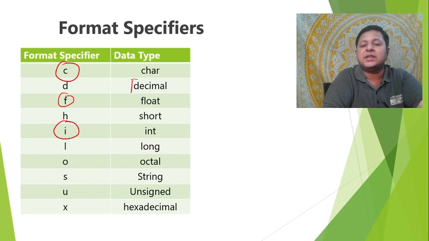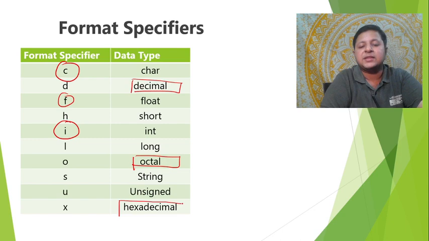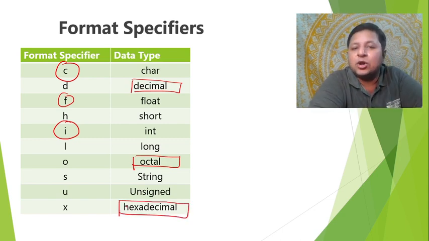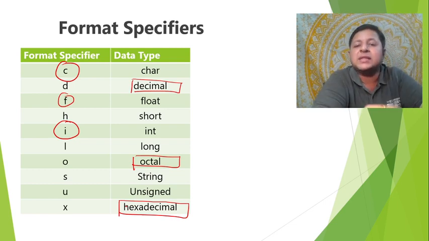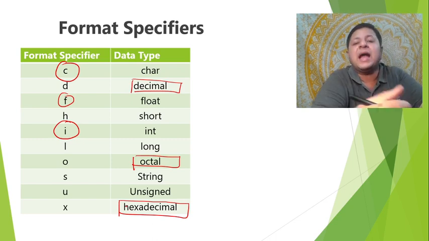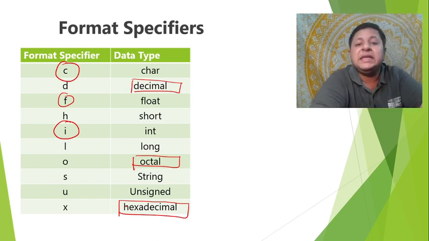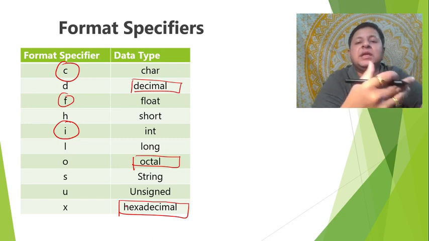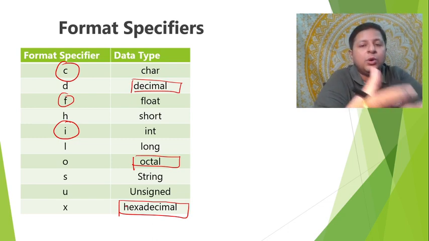Int can be in three ways. First is decimal, the other one is octal, and the third one is hexadecimal. There are three types of integer constants possible. Now, if I ask you a question, there'll be a simple answer: whenever by default I expect some value in integer format from the user, what is the type of integer I'm expecting? Isn't it decimal? And that's the reason whenever I say integer, instead of using i, by default I'll be using d, and I'll be writing %d, because the values I expect from the user would be by default in decimal.